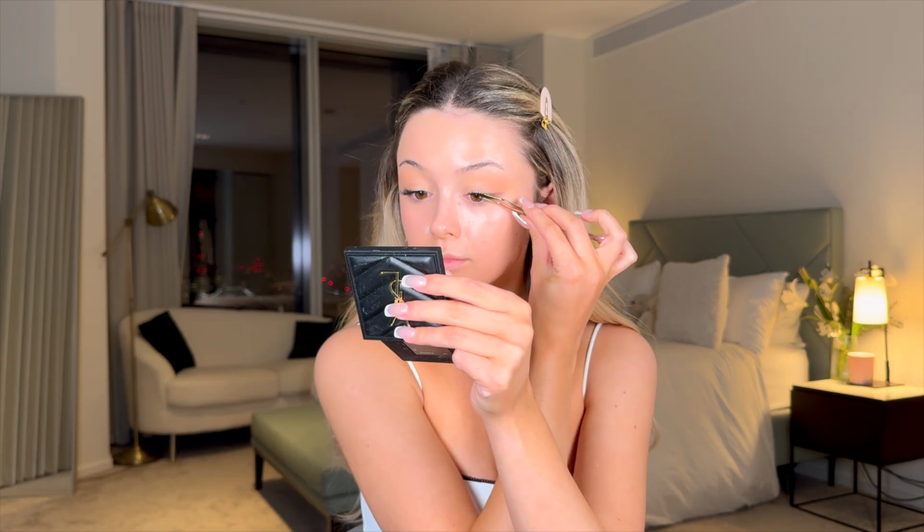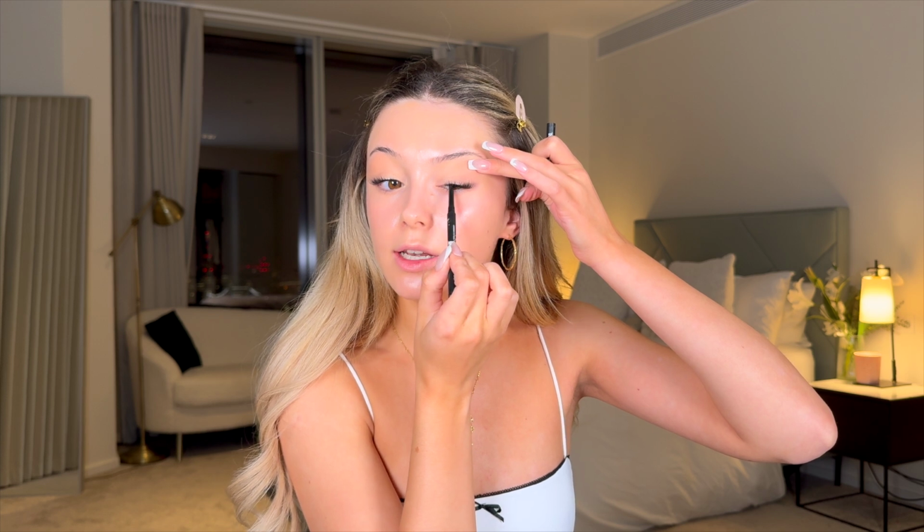I definitely don't do this every day. I just do this every now and then if I want to spice up the makeup look a bit. But every now and then I will take some of these Amore Lashes little clusters, or sometimes I take the Kiss No Glue lashes as well. Those are some of my favorites. And I will just take 2 clusters and pop them on the outer corners of my eyes. I'm just going to add a tiny bit of eyeliner to my lash line, and then we can move back